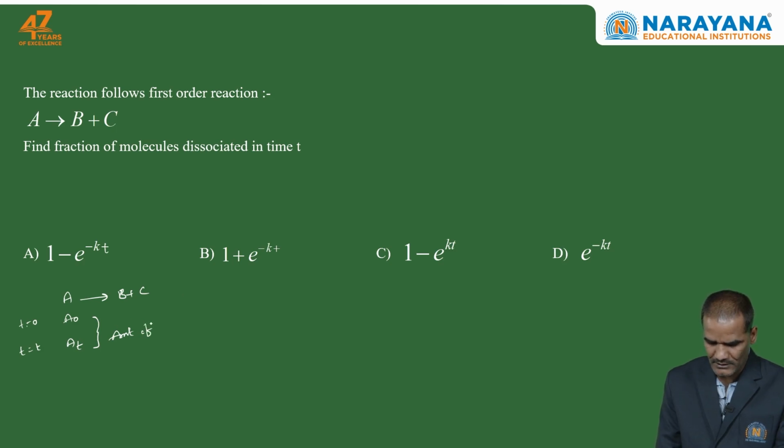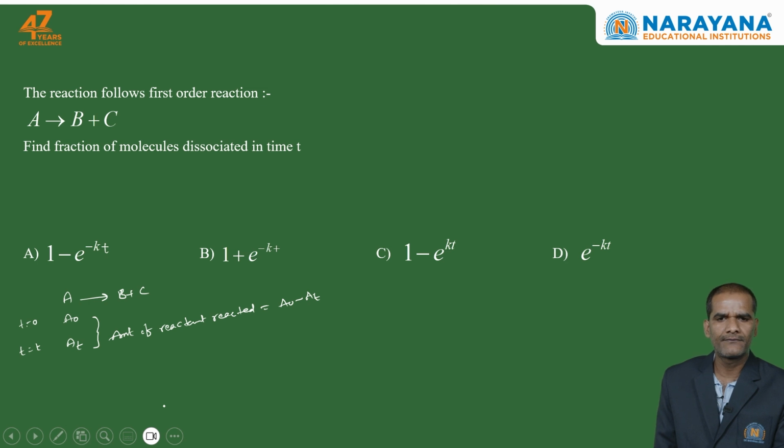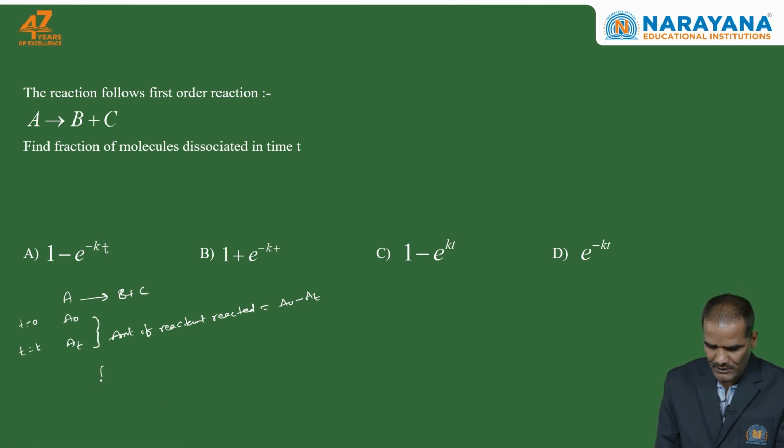It is the initial amount minus the final amount of reactant reacted, that is equal to the initial amount minus the final amount. So now we have to identify the fraction of molecules dissociated. The fraction of molecules dissociated means the amount of the reactant reacted divided by the initial amount. So the fraction of molecules reacted or dissociated,